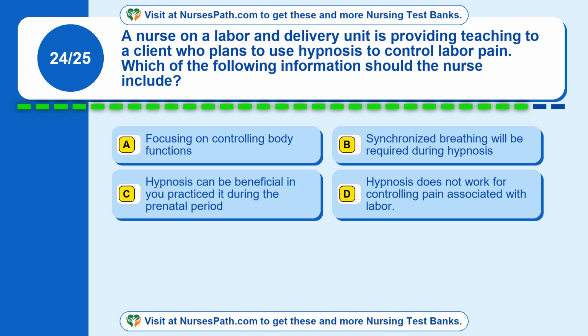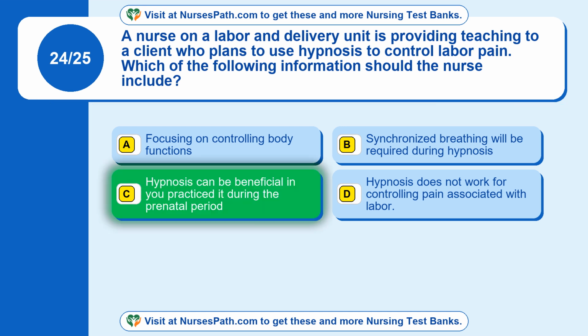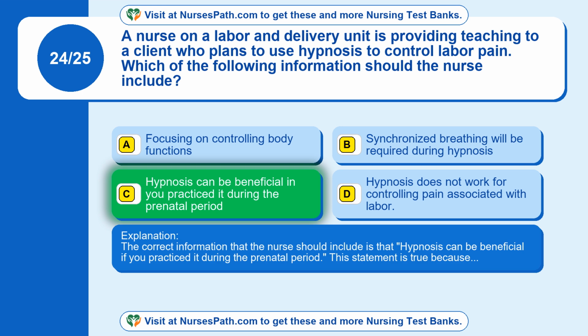Question 24. A nurse on a labor and delivery unit is providing teaching to a client who plans to use hypnosis to control labor pain. Which of the following information should the nurse include? Option A, focusing on controlling body functions. Option B, synchronized breathing will be required during hypnosis. Option C, hypnosis can be beneficial if you practiced it during the prenatal period. Option D, hypnosis does not work for controlling pain associated with labor. The correct answer is option C. The nurse should include that hypnosis can be beneficial if you practiced it during the prenatal period. This statement is true because